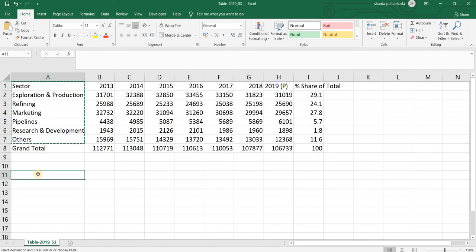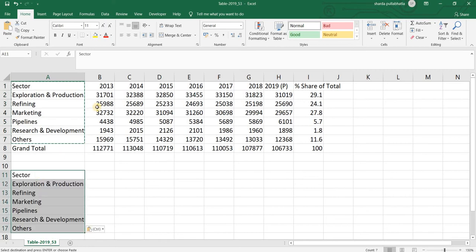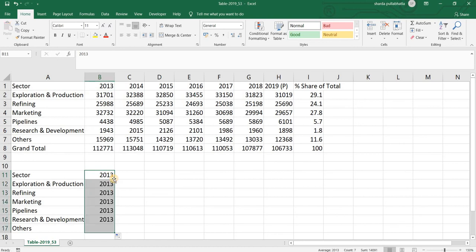That would make it convenient for me. Now say this is the sector, and probably let us say this is the year. Now the year should have been like this, and the values should have been presented in this manner.